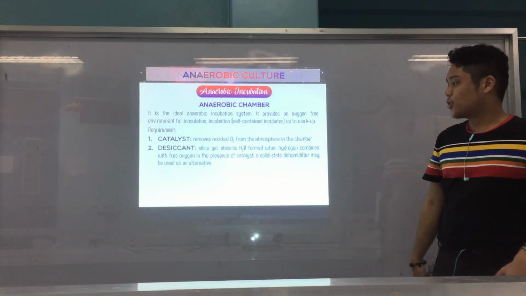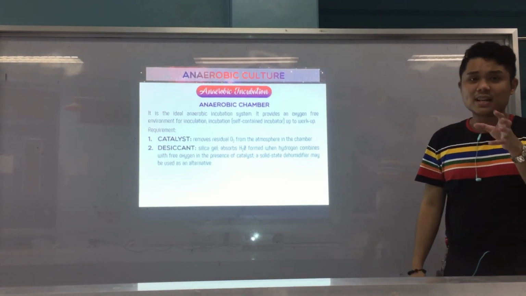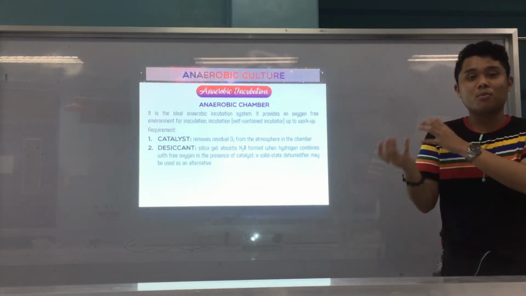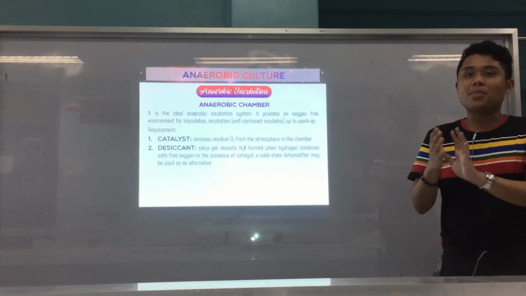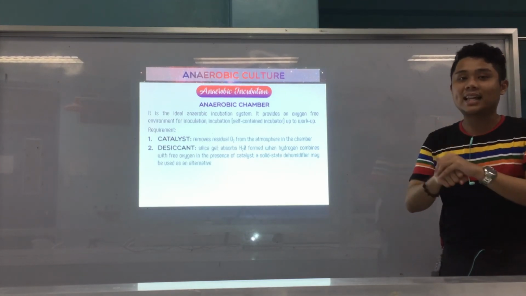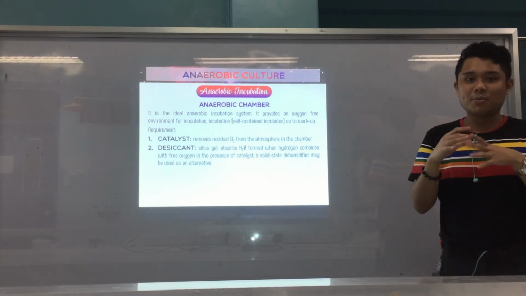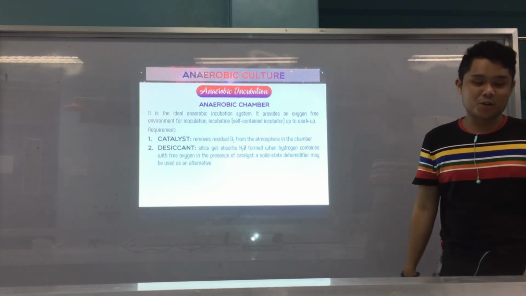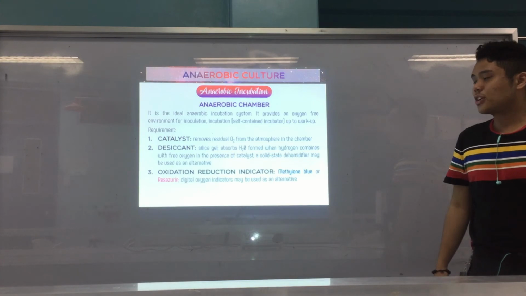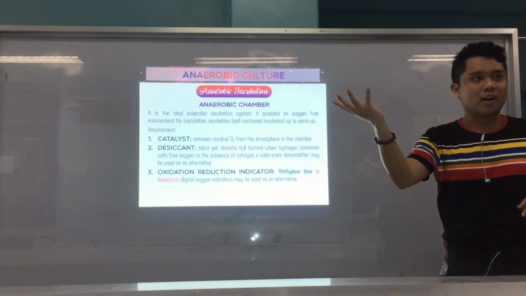Okay, yes. A solid-state dehumidifier may be used as an alternative. So, ang point sa desiccant is, of course, it captures the water or the moisture na ma-create from the combination of the oxygen and hydrogen na gibuhat sa catalyst. Okay? Because again, we don't also want water. Alright? Kay magbasa ang imong environment that could contaminate your plates. Okay. Alright. And oxidation reduction indicator, just an indicator kung taas pa ba ang oxygen level